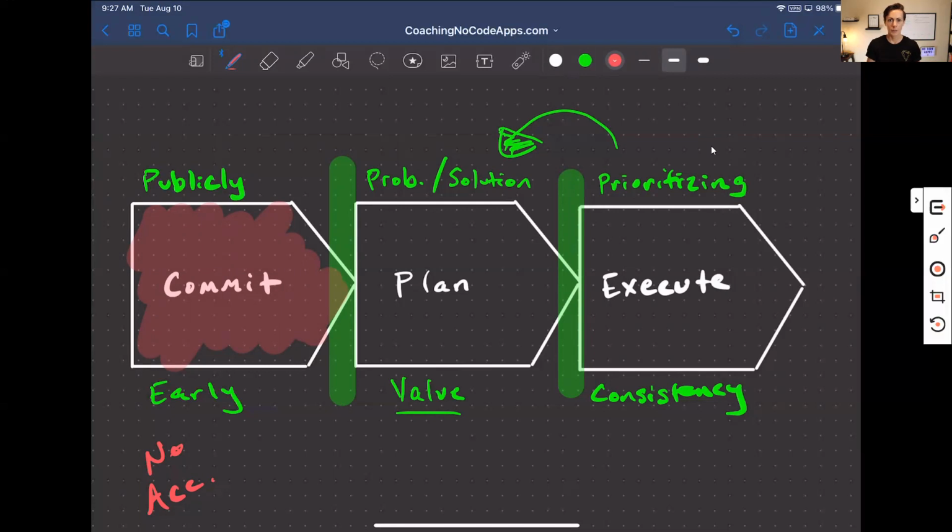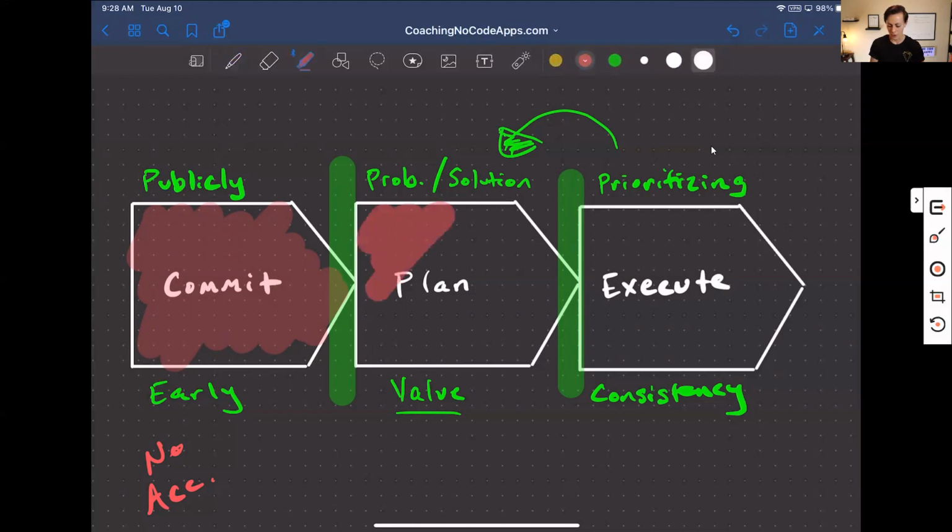But when that happens for 3 months, 6 months, a year or more, it's not really helping anyone, is it? It's not helping you, and it's certainly not helping your users. So you need to make this commitment. Just publicly announce that launch. Even if it's to a small group of people, it can do wonders on allowing you to actually build momentum to even be able to balance the business side and the tech side with your app.